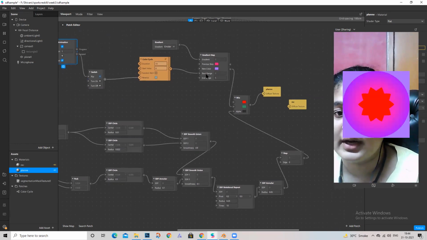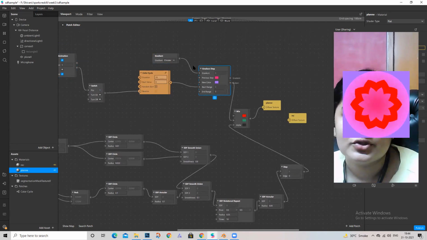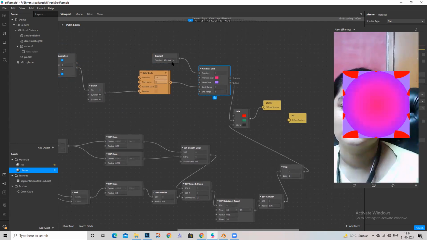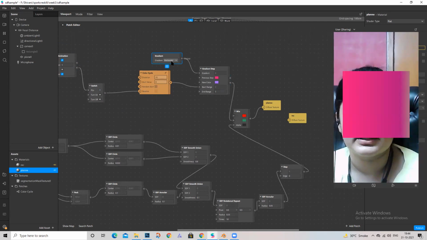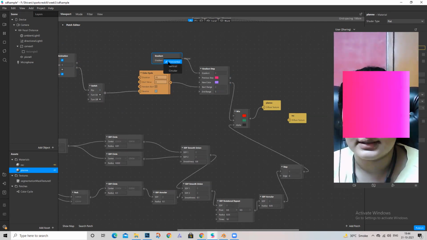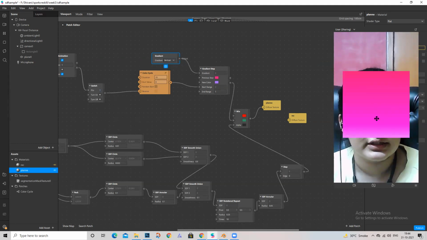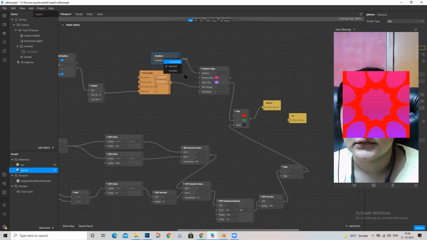Gradient is something we have seen earlier. I kept it circular. Maybe let's try to change it to horizontal, and you can see there's a different kind of gradient happening, or maybe we can try vertical. If you see in the background, that's what gradient is doing.